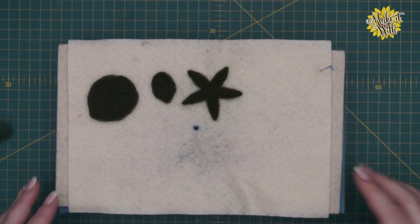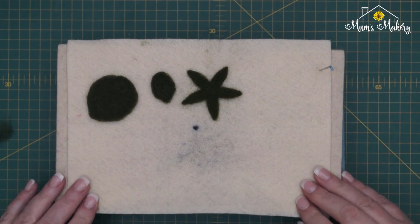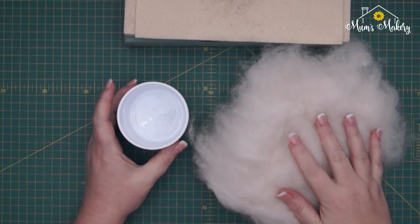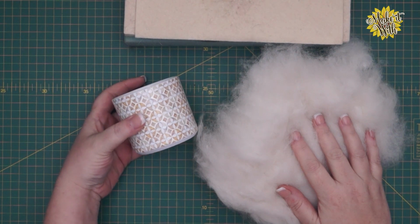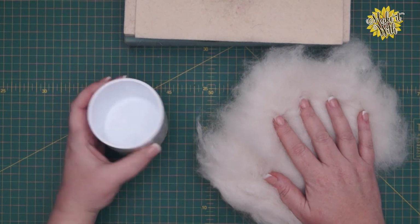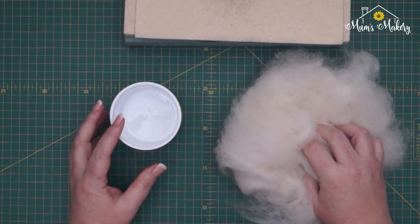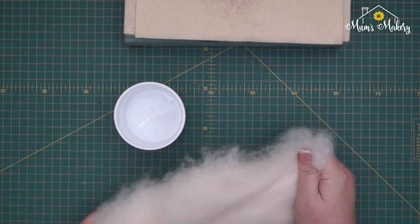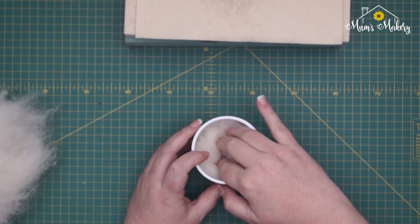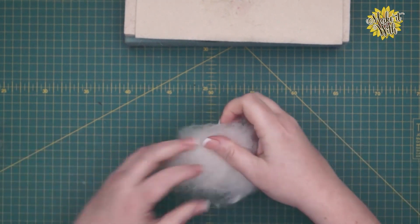I've got 1 of those, and next I'm going to fill the pot and give that sort of faux earth look, and then we're going to start the assembly of all of the pieces. What I'm going to do here is just show you how I fill my little pot, and there's no weights and measures to this because obviously you won't be using the same pot I am, but this is our core wall, and what I'm going to do is just create a bit of a shape by stuffing the core wall into the pot until I've got something that is,